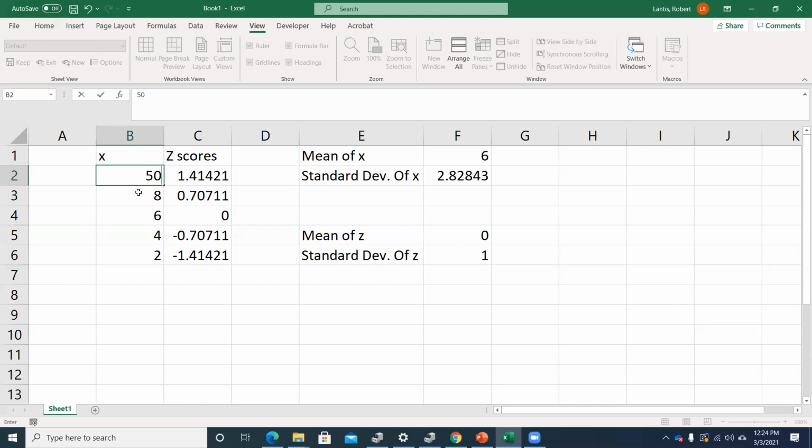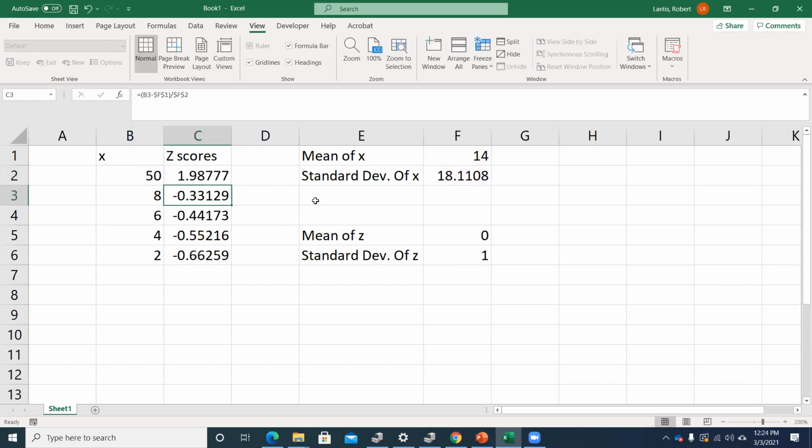Well, that's okay, right? Creating these z-scores will still give me a mean and a standard deviation of 0 and 1. It's just going to make the distribution of my z-scores not symmetric, not quite normally distributed. But they would still have a mean of 0 and a standard deviation of 1. So this process of subtracting the mean and dividing by the standard deviation, we call that standardizing the data, or shifting the mean back to 0, and then